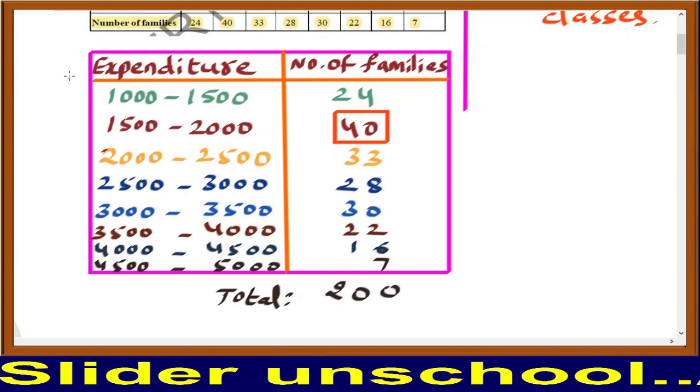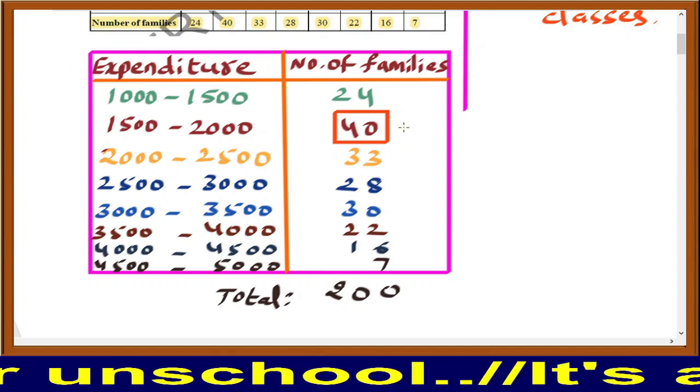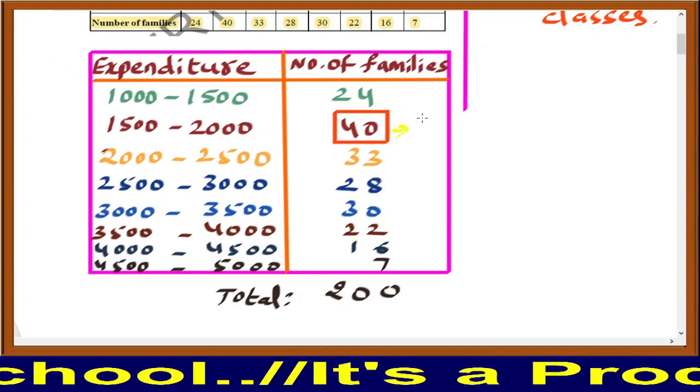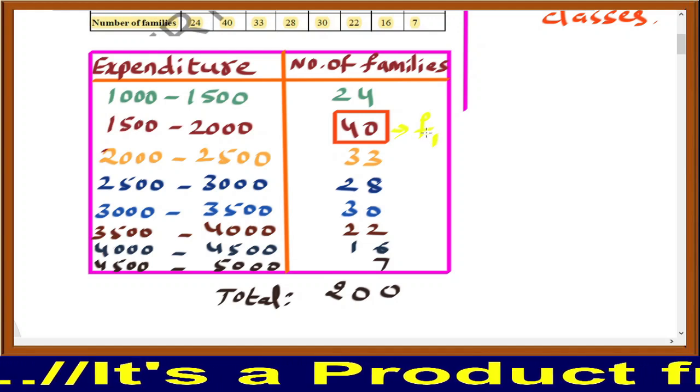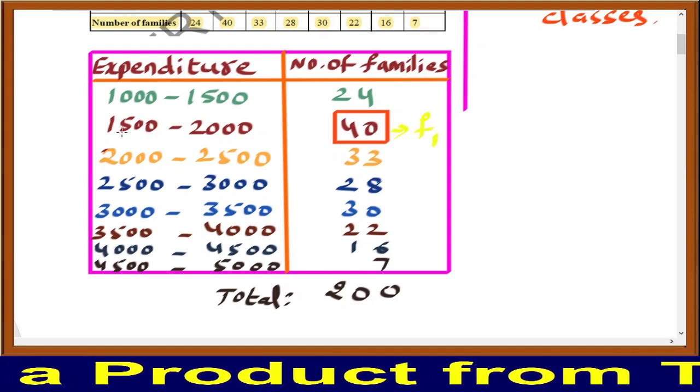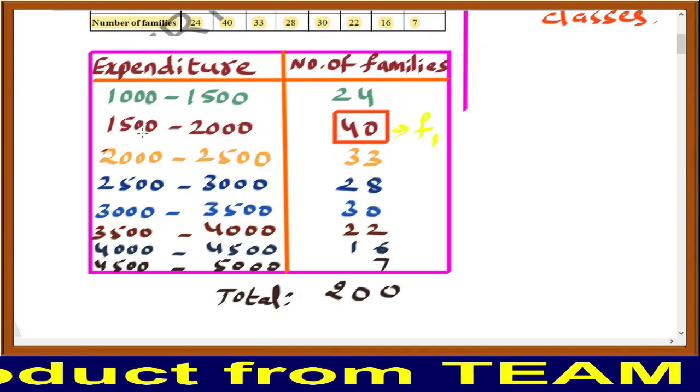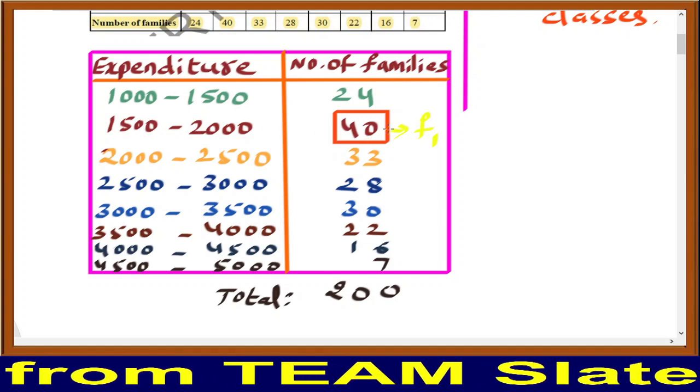Write this 40 as F1. The highest frequency is F1, and the corresponding class interval, 1500 to 2000, of the highest frequency is